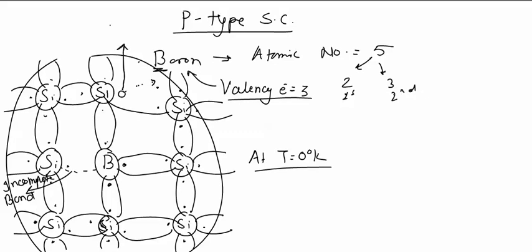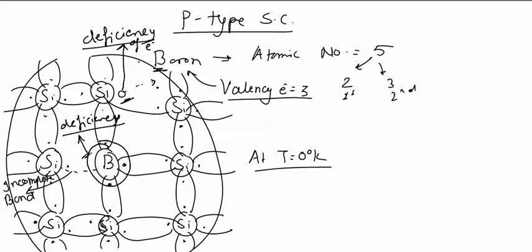This hole can be called a deficiency of electron, and we can say that with each boron atom, in which the fourth bond is incomplete, there is a deficiency of electron where an electron can be accepted to complete its fourth incomplete bond. This deficiency and this deficiency are two different deficiencies. This deficiency has its energy in the valence band, while this deficiency has its energy outside the valence band.